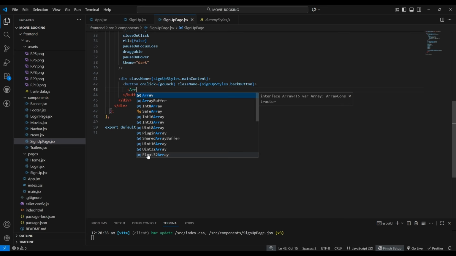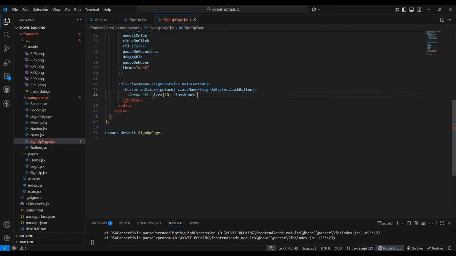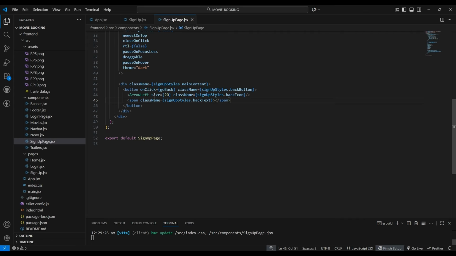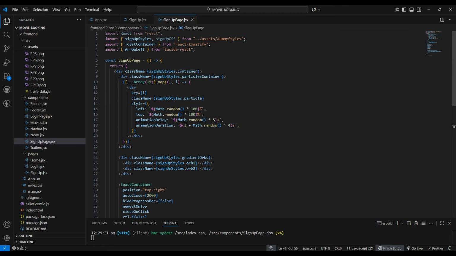Now after this, let's give an icon here, ArrowLeft, and type here the size of this icon will be 20, and give the class name to this icon as signupStyles.backIcon. Now let's create a span tag, give the class name to the span as signupStyles.backText, and let me just give here back to home, or just type here back, and let me refresh this. Okay,